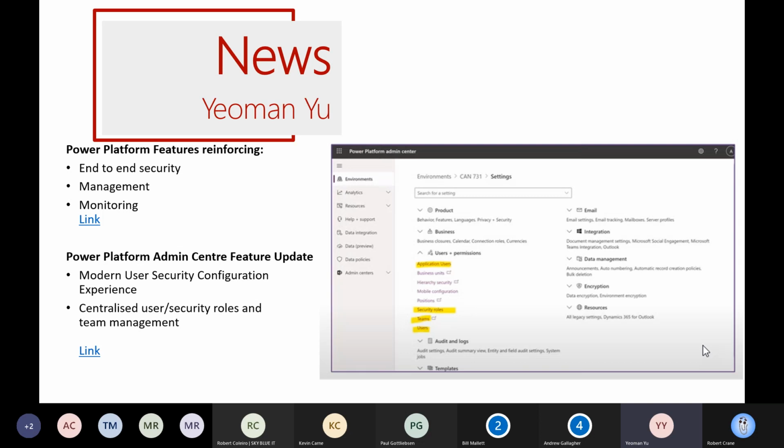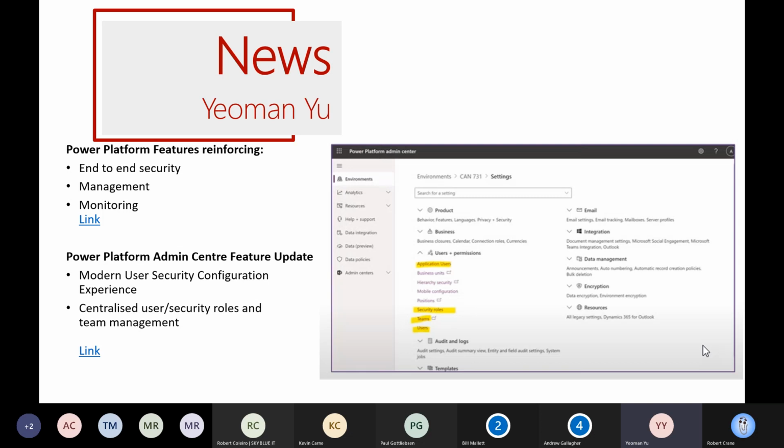And in the area of compliance, they're making sure that there's more centralized governance and additional compliance tools to make sure that it meets regulations for governments and industries all around the world. So going back to management, there is a Power Platform Admin Center feature update. The reason they did that update is because before, it used to be much more difficult to control some of these features, and some were completely missing. So Microsoft has listened to its customers asking for easier management of their security.